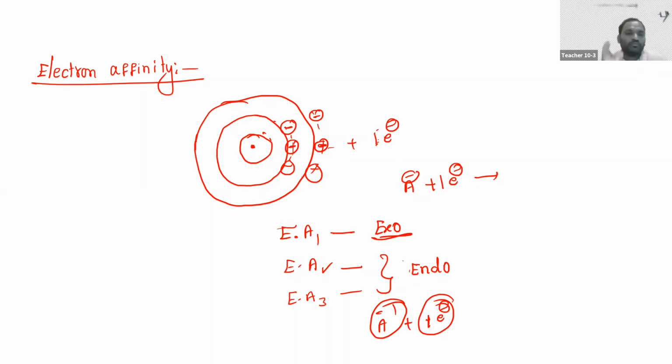To add it, you need to apply energy to overcome the repulsions. So for the second electron affinity and the addition of the third electron, you still need more energy to add. Those are all endothermic processes. Only addition of the first electron is exothermic. Sandra got it. Okay. So next,